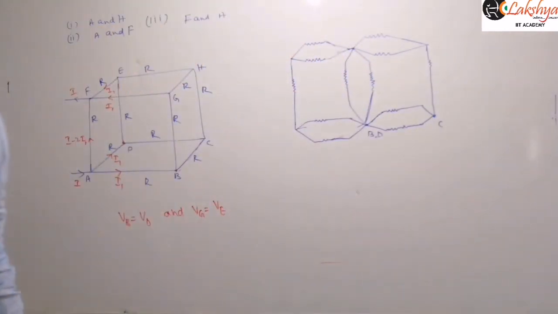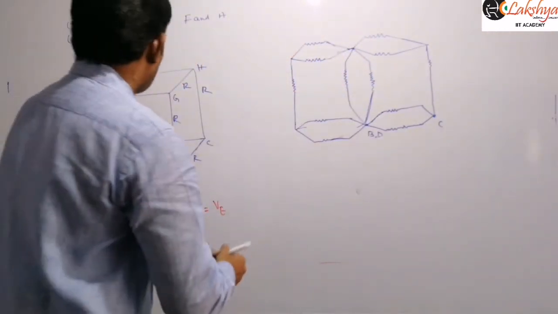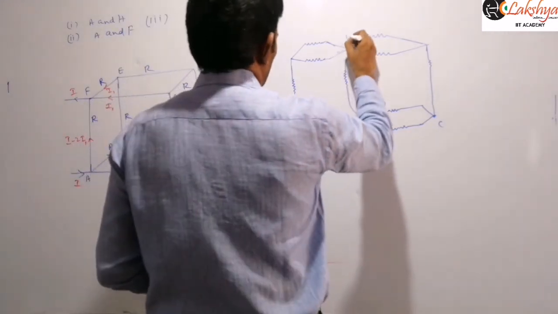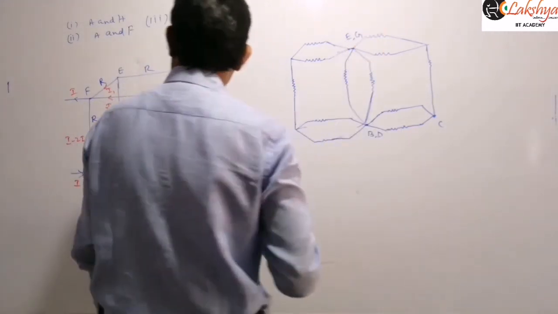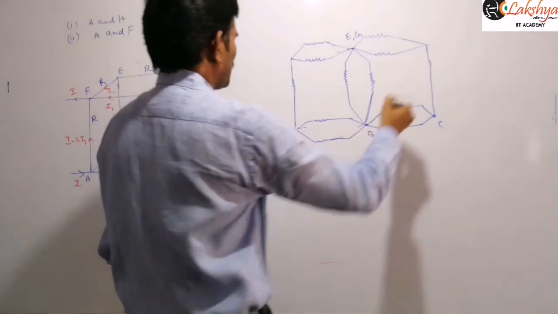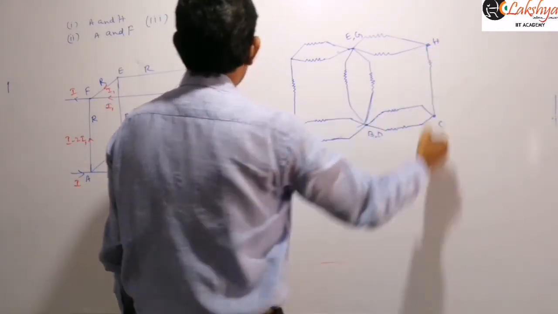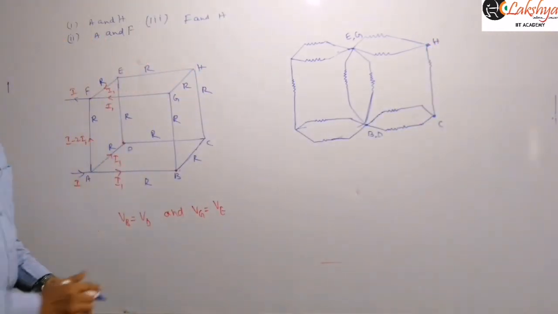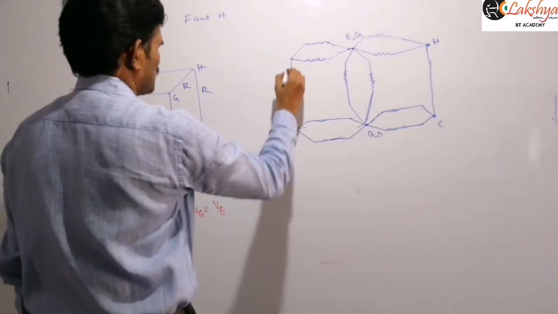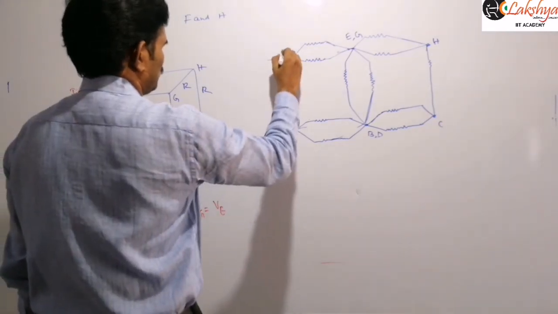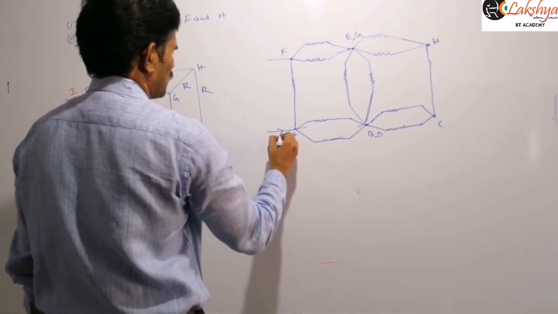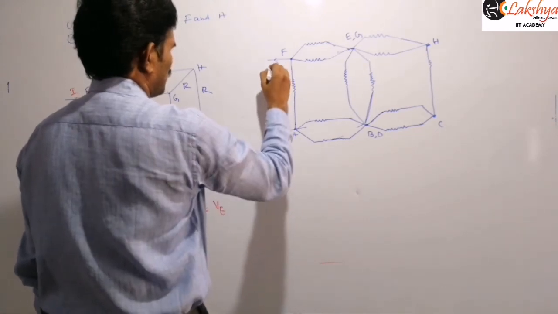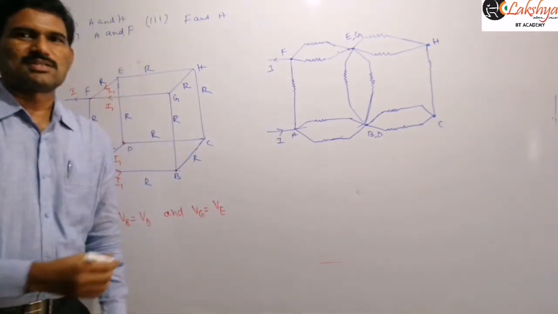Right. So now let us observe the junctions here. This is B comma D and this is E comma F, E comma G, right? And so now let us write this. This is the point H, and this is our point A, and this is F. So current is entering here and current is leaving here. Now that is the resulting circuit.